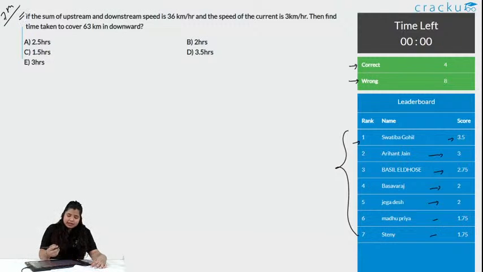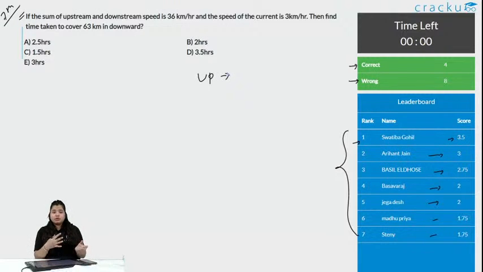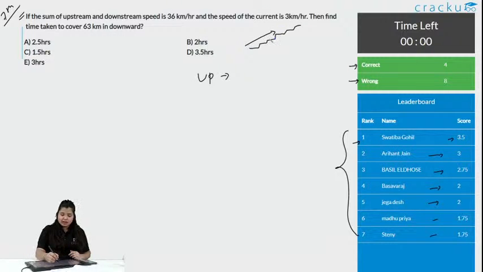So, for this kind of question, I have said in the introduction part that when it is upstream, remember, generally we get confused like what to do when it is upstream, what to do when it is downstream, and there are so many confusions, right. Always remember, when this is upstream, you are climbing a ladder, staircase. I think this is a universal fact that when you climb a staircase, when you go up, you lose your energy, you get tired and nobody loves it, right. So, similarly, when you go upstream, the energy is subtracted, that is the speed is speed of boat minus speed of stream, and when it is downstream,